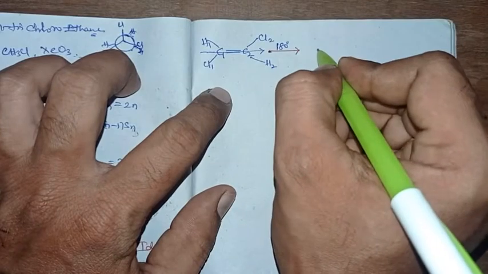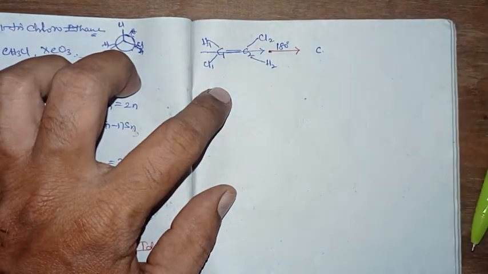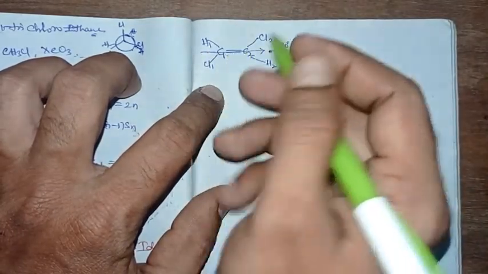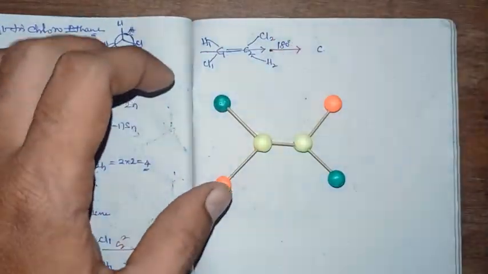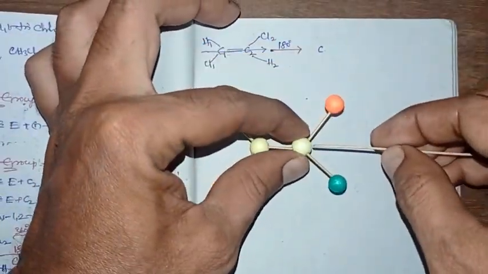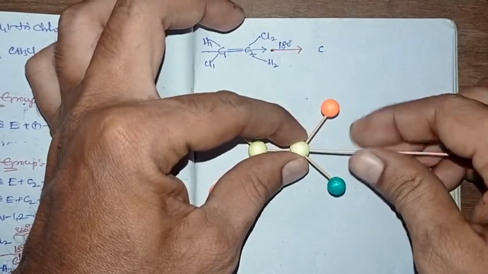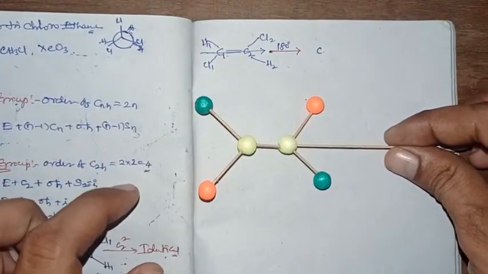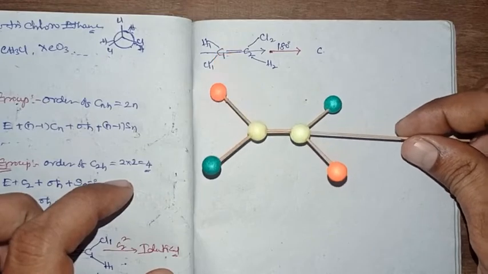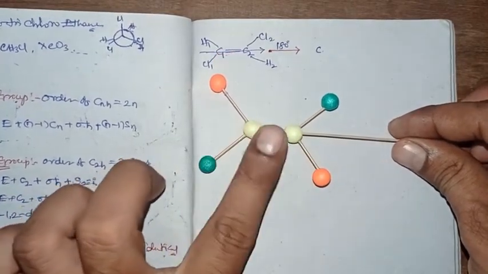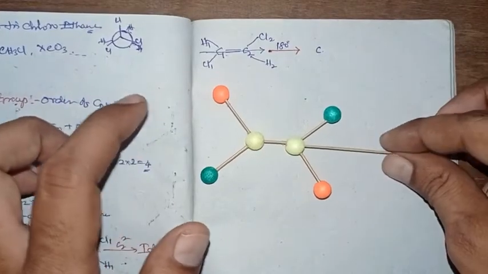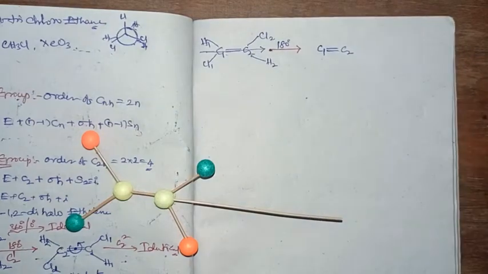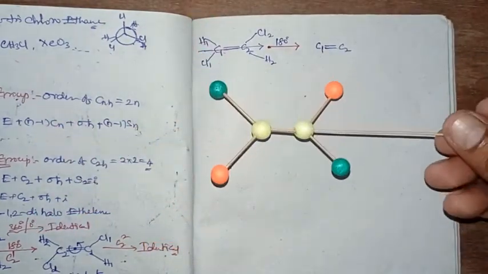Doing a 180 degree rotation, do the carbon positions remain or not? As the axis is passing through those two atoms, the atom positions will be retained. We are just taking an axis passing through the carbon double bond and doing rotation, where the carbon atom positions are retained. So carbon 1 stays in the carbon 1 position, carbon 2 in the carbon 2 position, whereas the hydrogen and chlorine positions, you check, right?